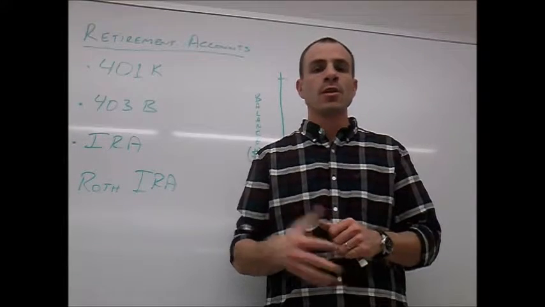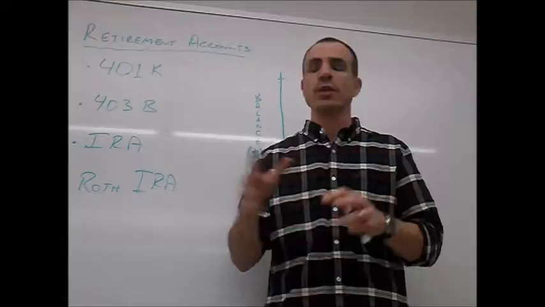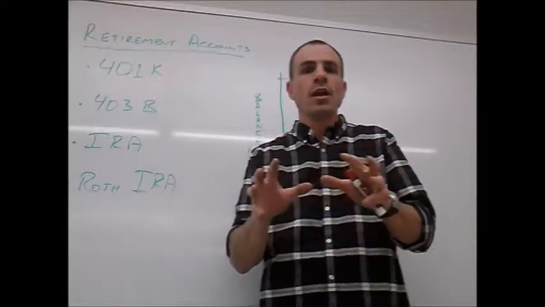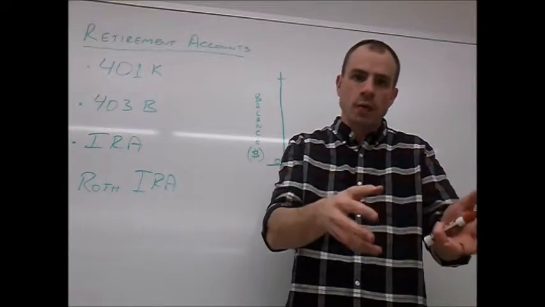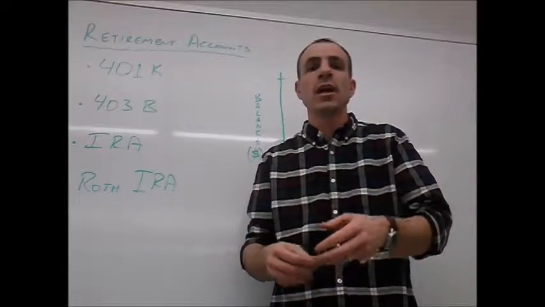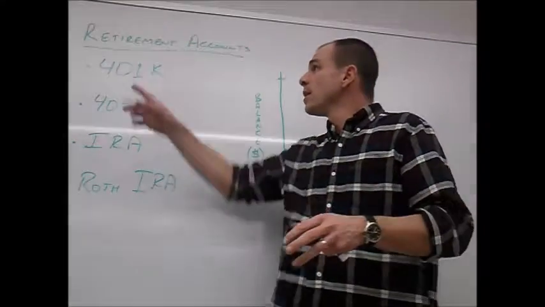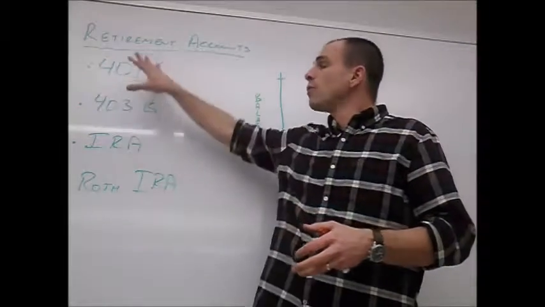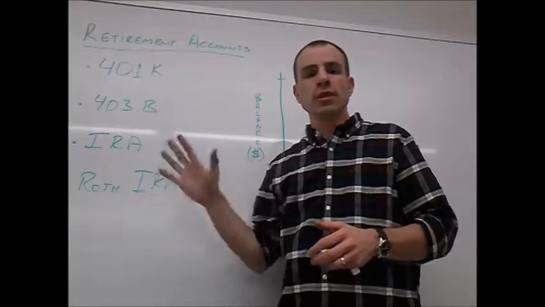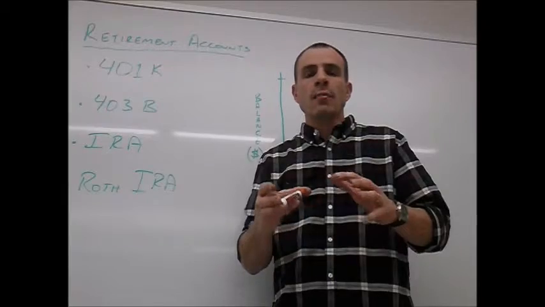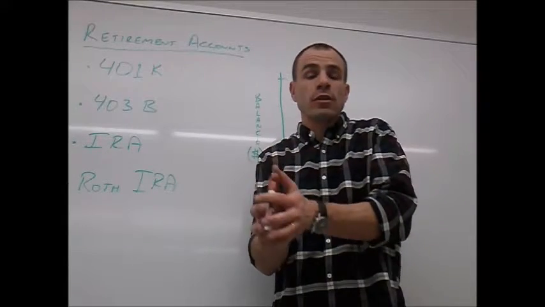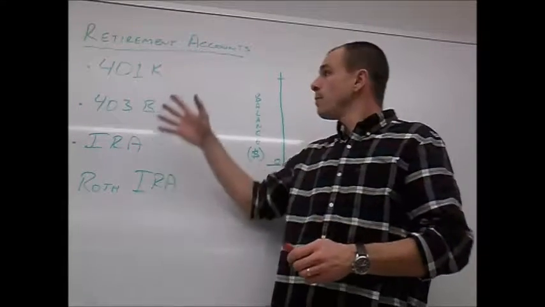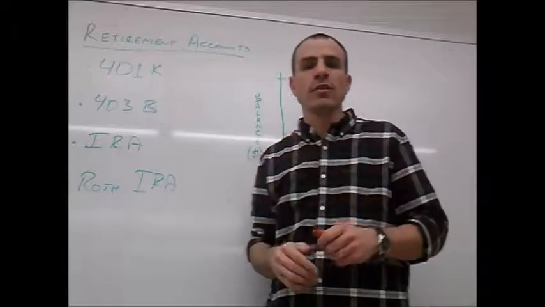So the IRS set up a bunch of plans, and that's why you see these codes right here, because just like with their tax forms, you remember 1040A or 1040EZ, where the IRS assigns a number, there's a number assigned to these retirement plans as well. So the reason why is because with these retirement plans, it allows you to fool around with your taxes, basically, which I'll explain more in a second.